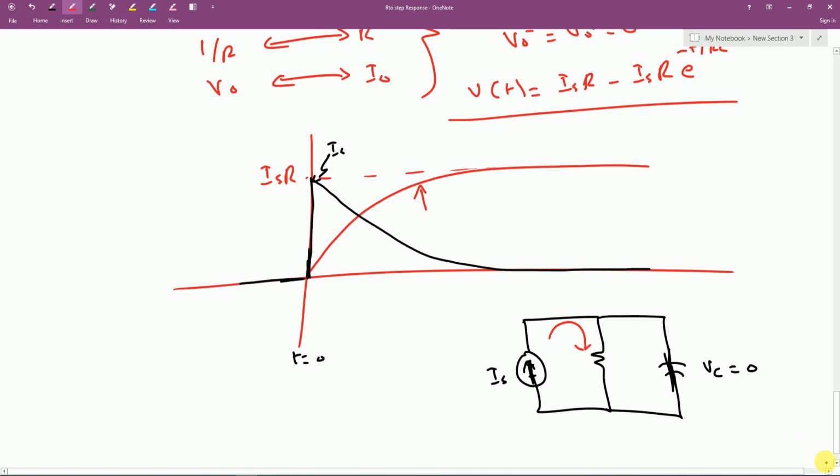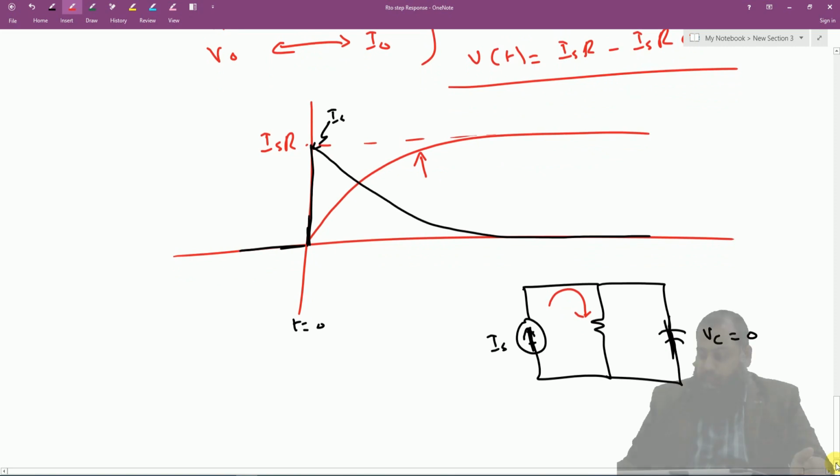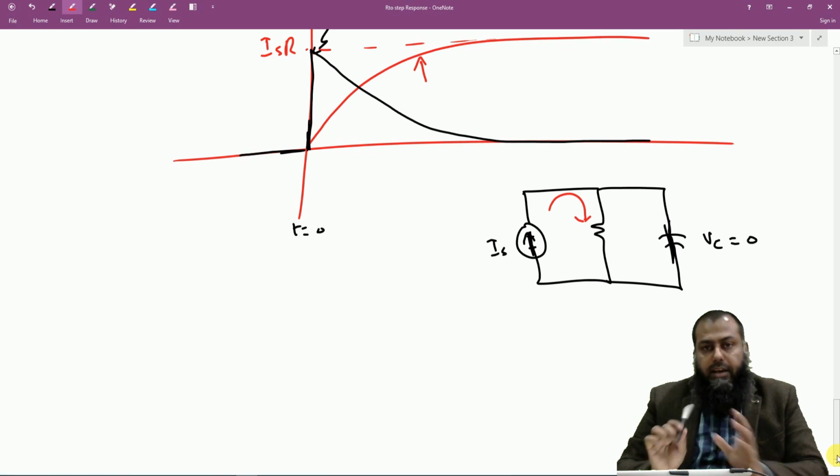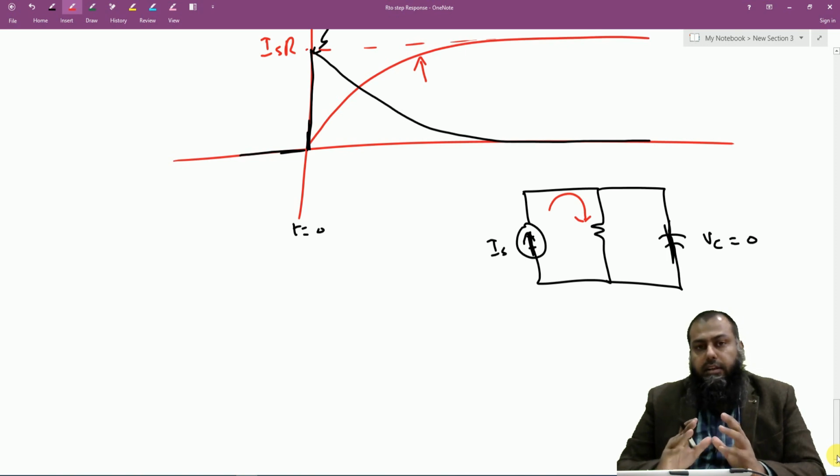So this is how we have seen the criteria to understand the step response of the first order circuit containing the inductance and the first order circuit containing the capacitance only. In the next lecture we shall see the general expression to derive the expression for any first order circuit. So we shall see that in the next lecture